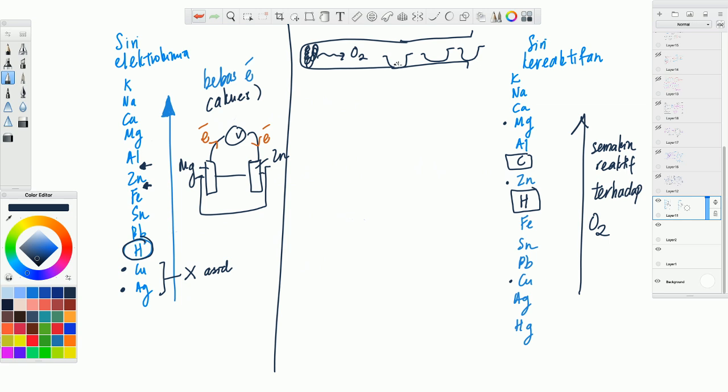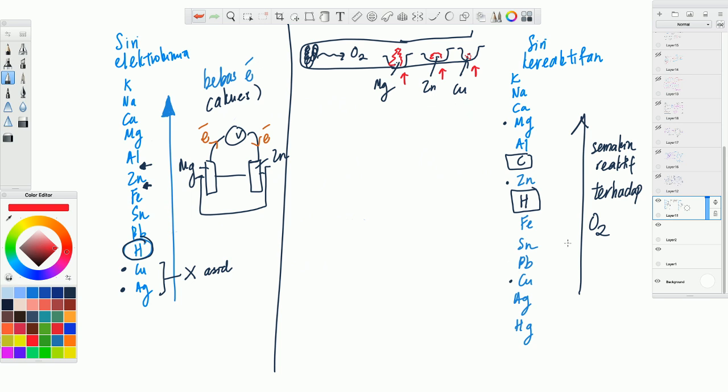Okey, dan saya panaskan. Ketiga-tiga ini dipanaskan. Okey, apa berlaku ialah magnesium akan kuat, zinc sedikit, cuprum hanya akan membara. So, maksudnya ialah magnesium paling reaktif terhadap oksigen, zinc lebih reaktif daripada cuprum tapi kurang reaktif daripada magnesium, cuprum paling